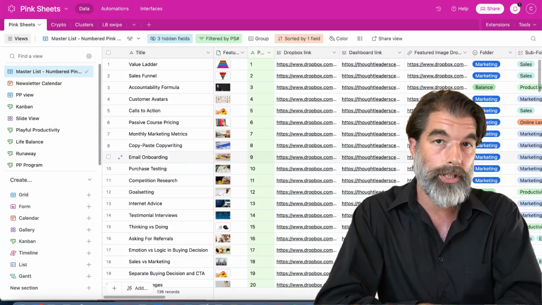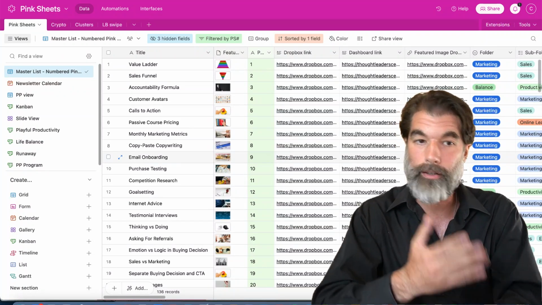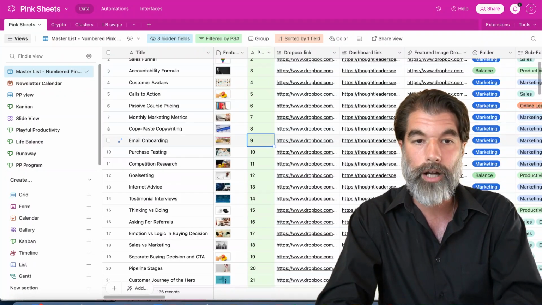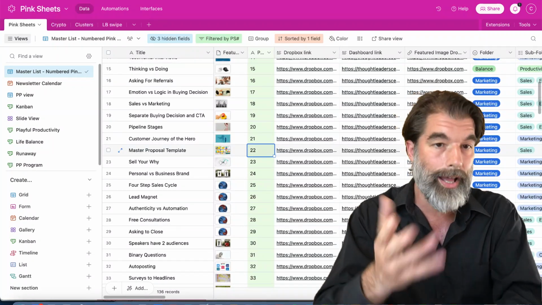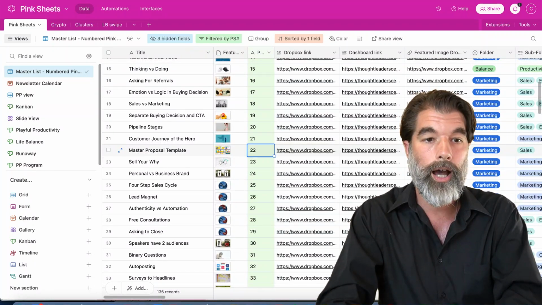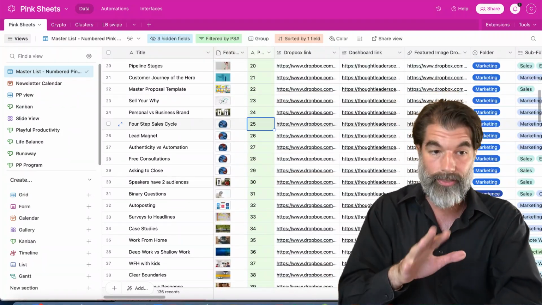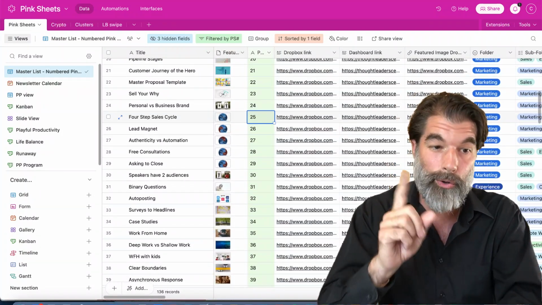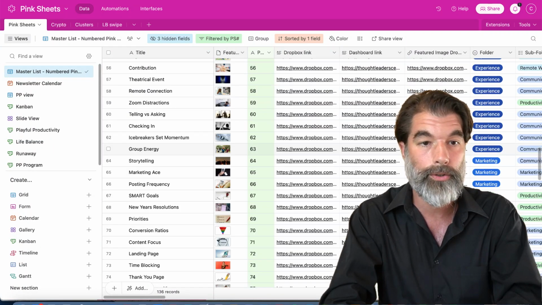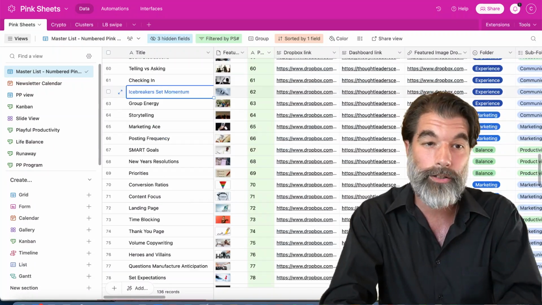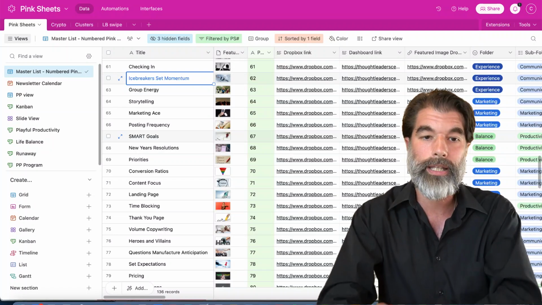I organize my pink sheets by number in consecutive sequence. In chronological order, they each get assigned a number as they get put in my database. My 4-step sales cycle is pink sheet 25. So if I need to look in this system or any other one, I know that 25 is what it's assigned to. Every one of my pink sheets has a title, which is something short, just 2 or 3 words,